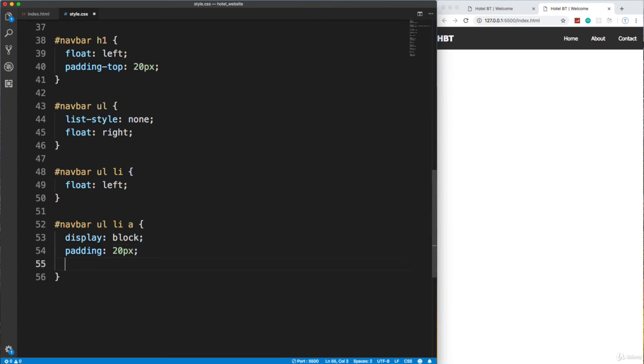Let's make sure they're aligned centered, so we'll say text align center. And what else do we want to do? I think that's it. Now I do want to have a hover state. Right now if I hover over them, nothing happens. So what we can do is take this